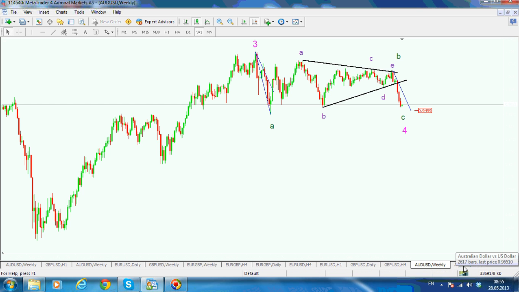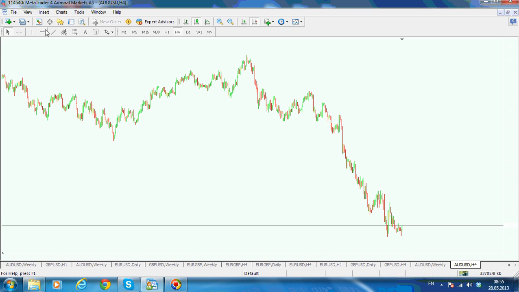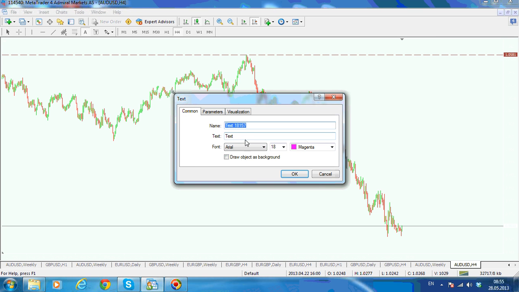And this count implies, because this looks like a leading diagonal or like a nice ABC, depends very much how you count it, that from the top of E wave we are looking at an impulsive move to the downside. Now, if you go on a smaller time frame, this is a 4-hour chart, and you mark the high here, so these are the 105 or 105.60 area, and you're looking for an impulsive move, you might say that this is 1, 2, 3, 4, 5, and this is the end of the first wave to the downside. So let's say this is wave 1.